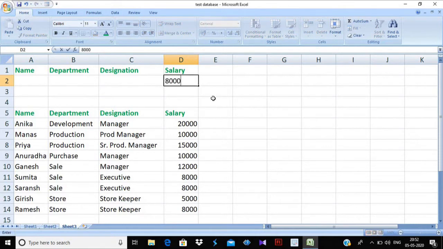This is our criteria, meaning we want the data of employees who have a salary of 8,000. Now this is our second step.